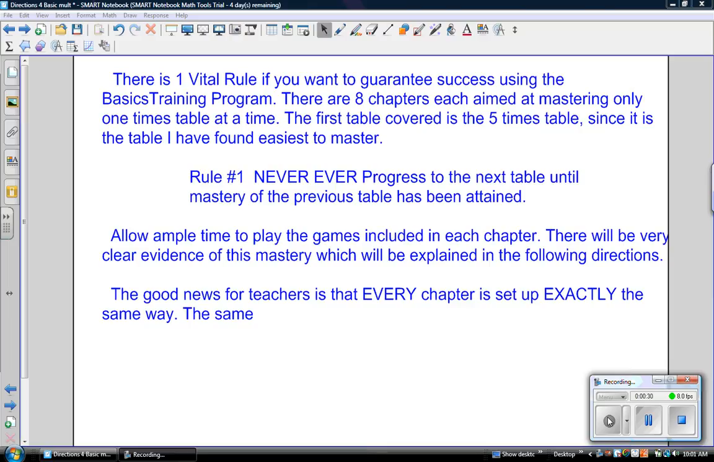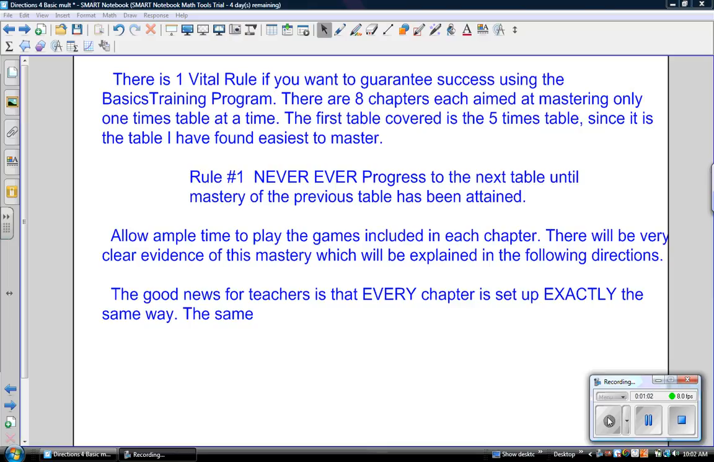Thank you for purchasing the Basic Training, and this one is going to be the multiplication, so it's the Basics Training Multiplication Edition book. Obviously, you can use any activity, game, or quiz in any manner that you wish. However, this program has been classroom tested, and I have found a specific system that